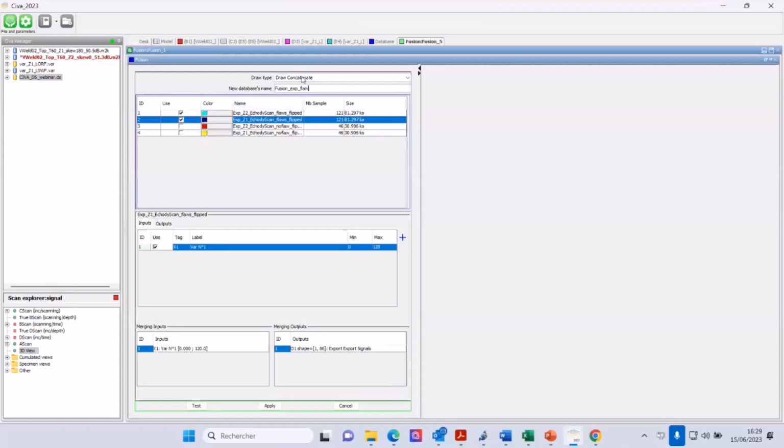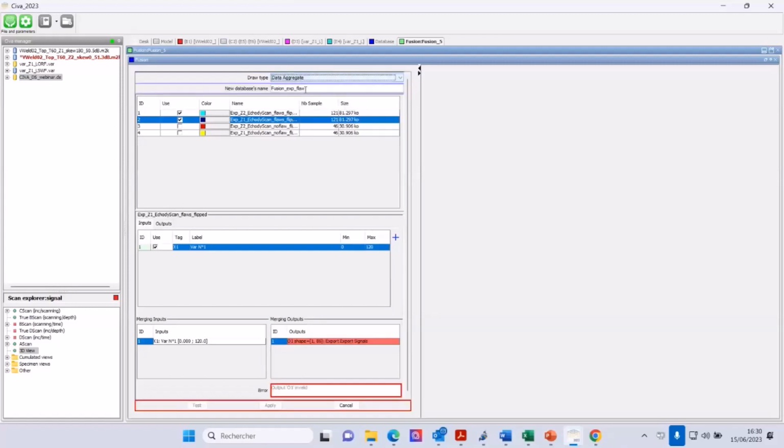On the top, you have different drawing types to define the fusion models. The fusion module offers 3 data merging types. Again, I will not go into details, but it defines which outputs you're going to combine. Here I'm just going to go to data aggregate. You will see that I will have 2 outputs at the end.